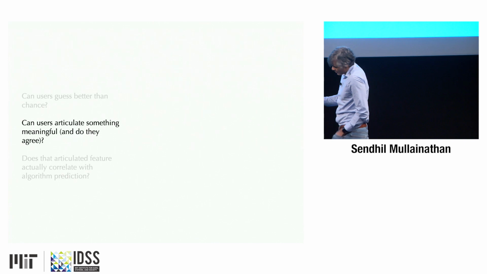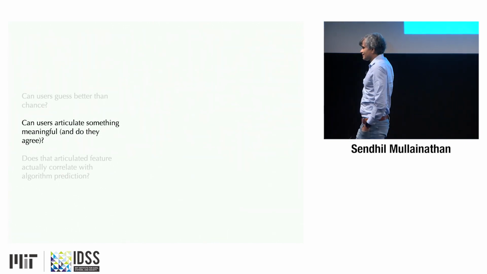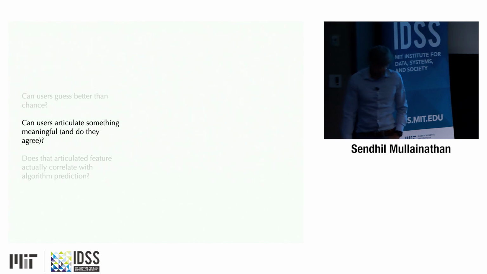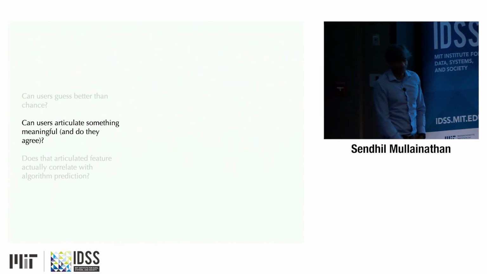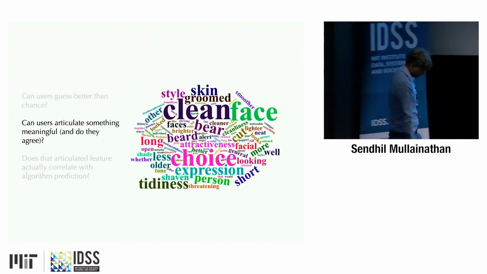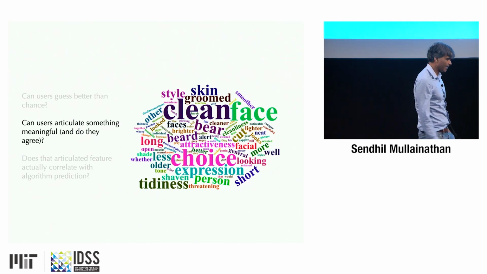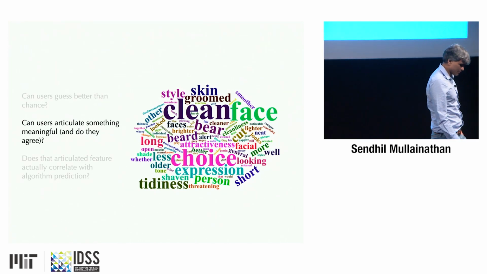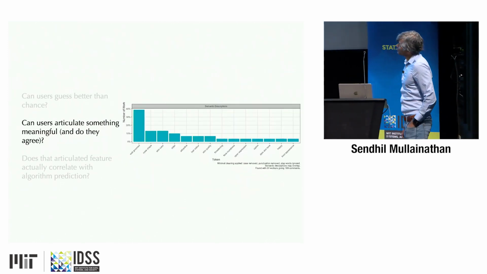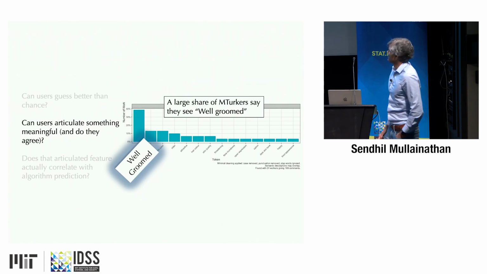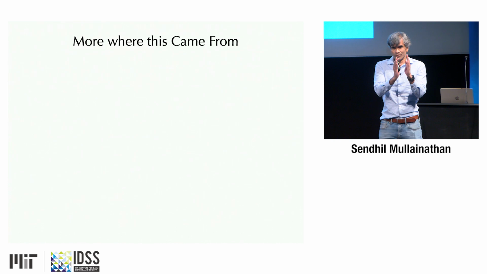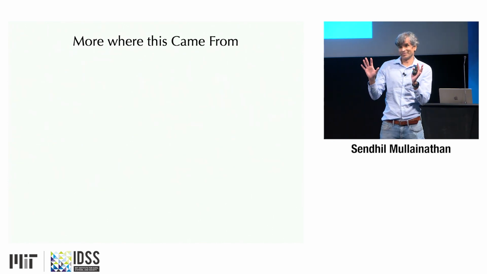So, do they actually do well? They actually do pretty well at the actual guessing task, well enough. And then you ask, do they all articulate something together that's somewhat reasonable? So for this one, here's the word cloud of what they say. And if you stare at it, you can see there is actually a center of mass that pops out. With a little bit of tokenization, it really pops out. About 40% of people say, oh, well-groomed, or some synonym of well-groomed. Of course, that well-groomed turns out to explain a huge fraction of the predictable variation, about 8 to 9%. It's much more important than race, for example, in this.